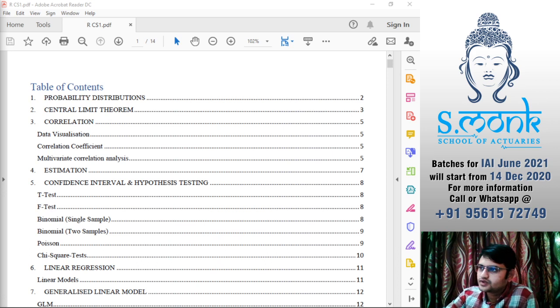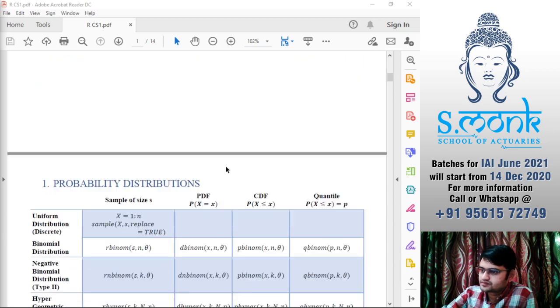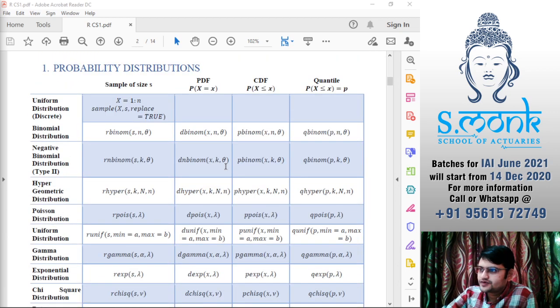We are going to start with our programming topics. We'll go with the basics first. Whenever you need to write down any distribution, we have four things that we take into consideration.